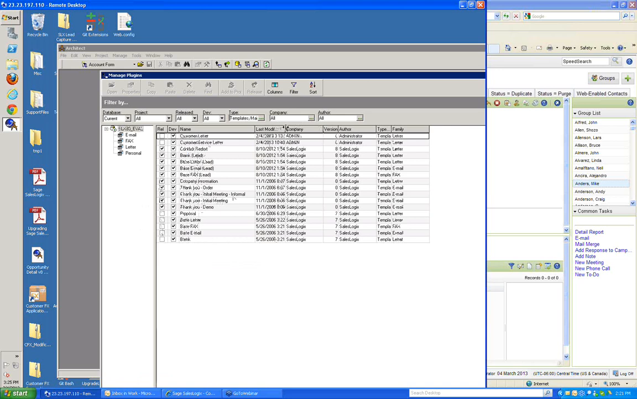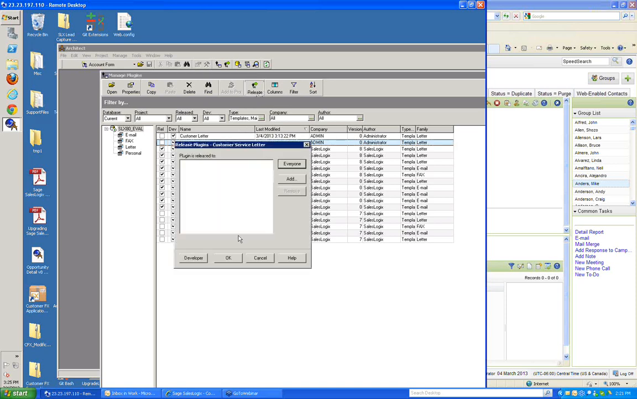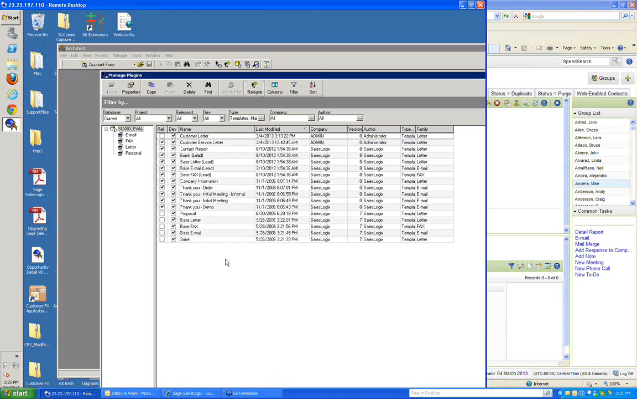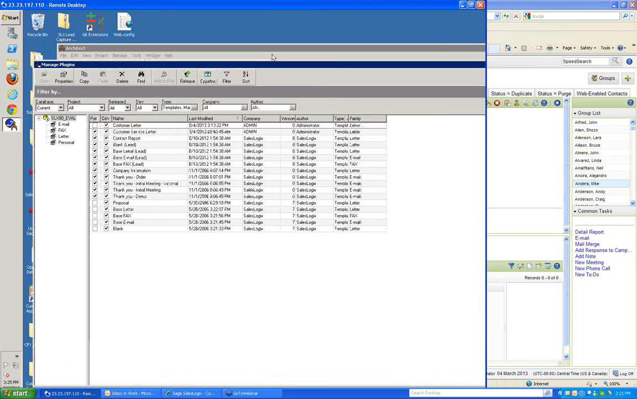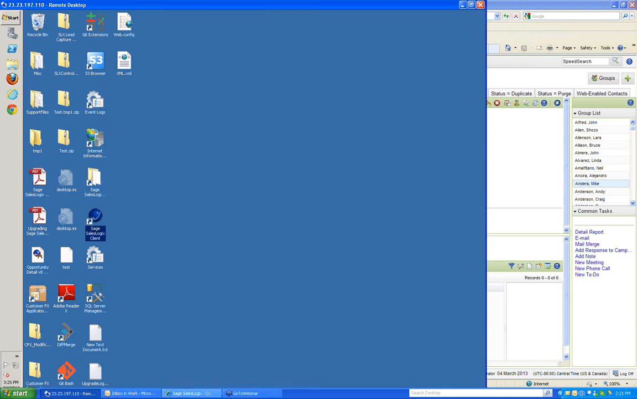I can always search by last modified. Just by sorting by that, it's going to put the ones I last modified right up at the top of the screen. If I highlight the customer service letter, I can then go up to the top here and click on Release and release that to everyone. Once everyone would do a Control F5, then that would be released to everyone and they would be allowed to use that template. So once I've done that, I'm going to go ahead and close out Architect, exit. I can go back